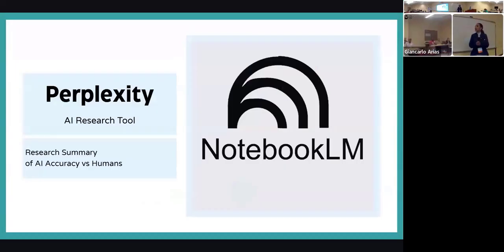So when it comes to accuracy, when you got AI accuracy versus humans, I said, well, people want to feel more comfortable with using AI. They are definitely more comfortable with having a human assistant like OMA. I said, but let's do some research. Let's find out that when it comes to accuracy, humans versus AI, we all know that they've done studies on this. So I decided to utilize AI to be able to pull up some of the studies.